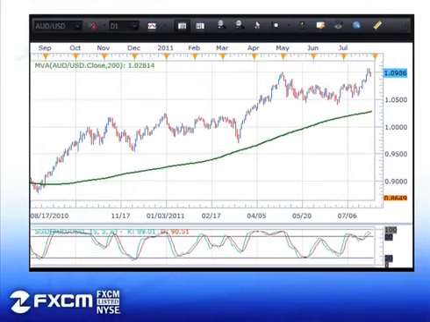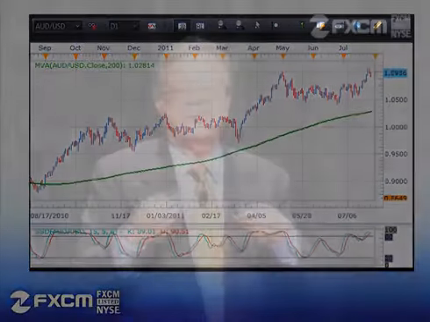Here we've got a situation where price action is completely above the 200 period moving average, except for right here, back in August of 2010. Relatively speaking, it's been making higher highs, and we went into a period of consolidation in here, and now, right there, it took out the previous high right here. So of the charts that I'm looking at, the Aussie USD and the dollar Swissy would be the two most interesting charts to me as far as monitoring for a trade. They're pretty clean to the upside, and they haven't been compromised along the 200 period moving average.